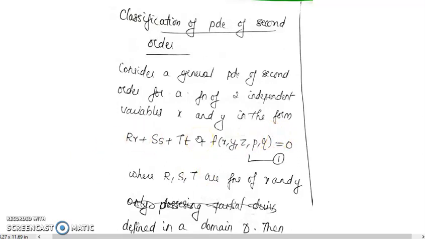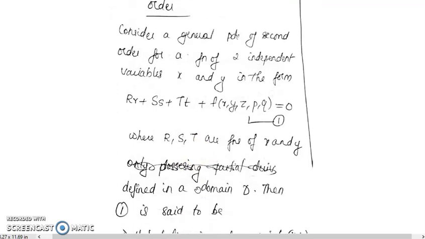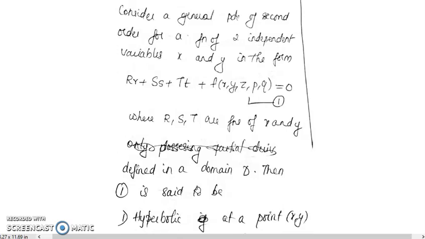So we are looking at this peculiar type of equation, which is in the form Rr + Ss + Tt + f(x, y, z, p, q) = 0. R, S and T will be functions of x and y. So that is the type of equation. Now when you have a second order PDE of this form, it can basically be classified into three types. The three types are: the equation can be either hyperbolic, parabolic, or